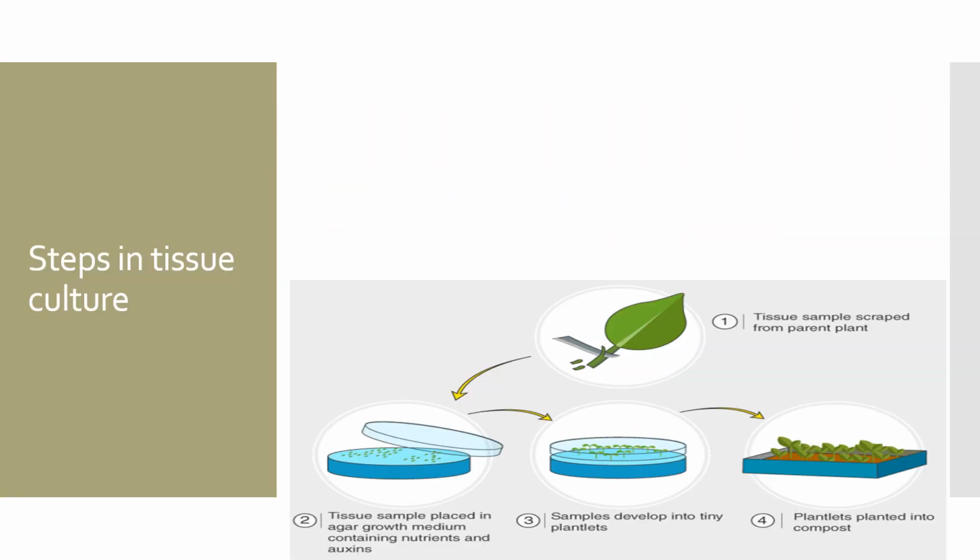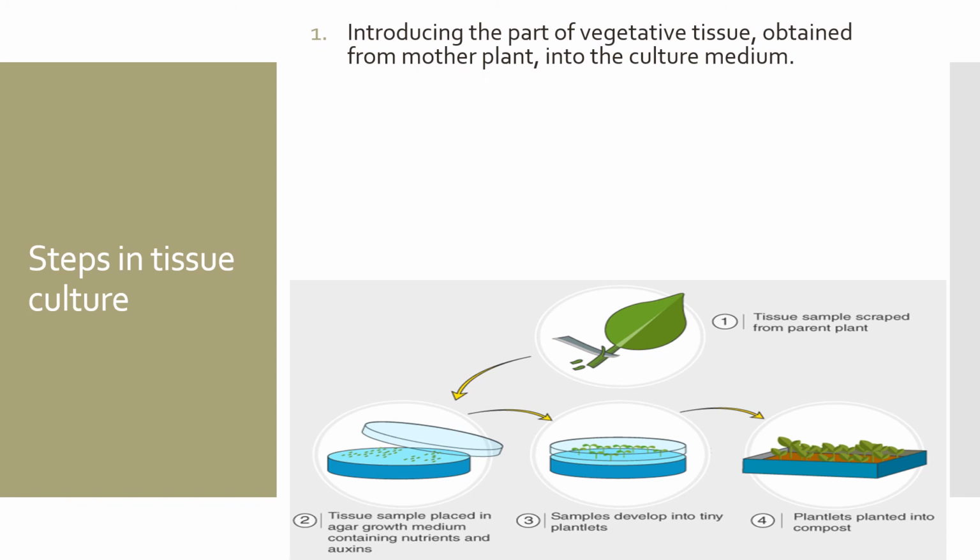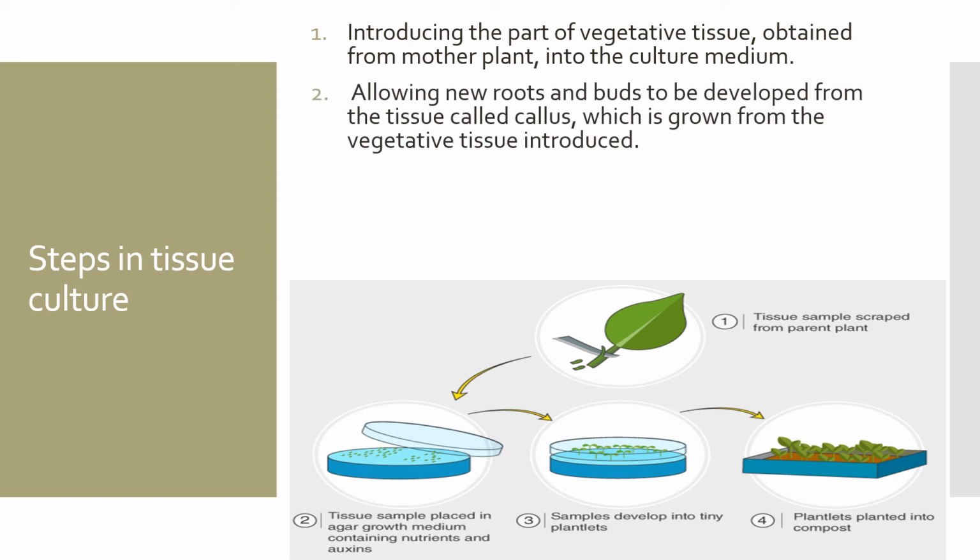So now let's see what are the main steps that we have to follow in doing a tissue culture. In the first step, we have to introduce the removed vegetative tissue from the mother plant into the culture medium. So here we have to place the vegetative tissue we have separated from the mother plant on the prepared culture medium and allow it to develop roots and buds. The tissue which starts the development of roots and buds is called the callus, and from this callus